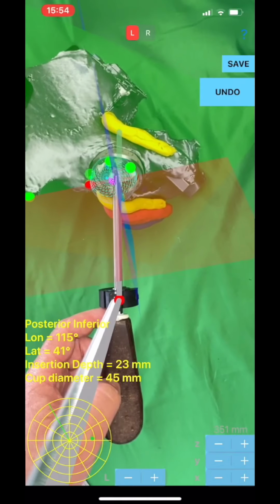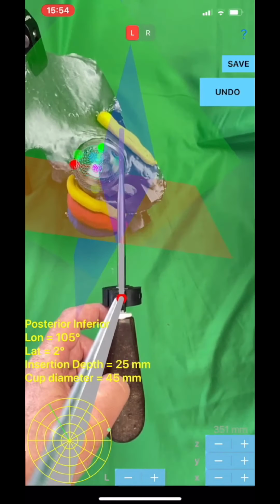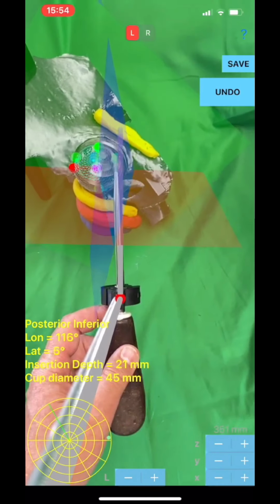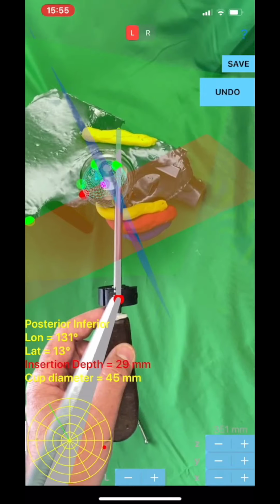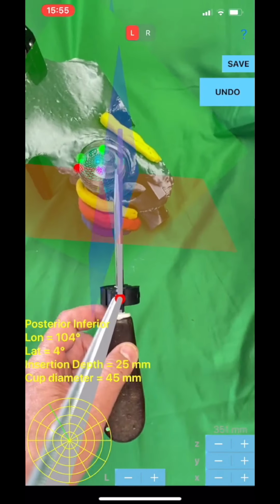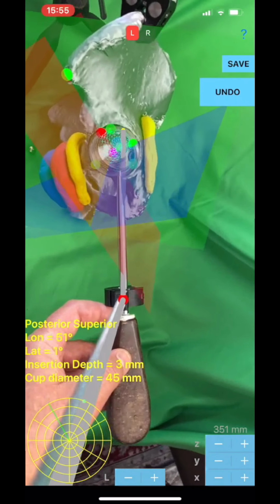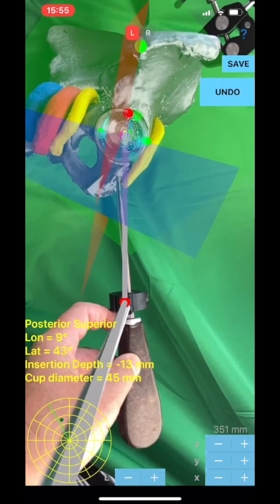When the tip of the screw is proximal to the cup, values are negative. When it is over the shell of the cup, the insertion depth is 0, and when the tip of the screw is behind the back shell, inside the osseous acetabulum, values are positive. The color of the measured values turns red in case the tip of the screw is in the danger zone in real time. The radar screen reflects in real time the current position of the screw tip location and direction